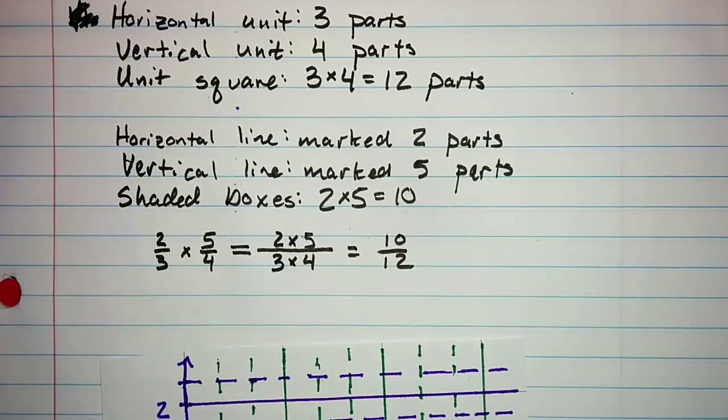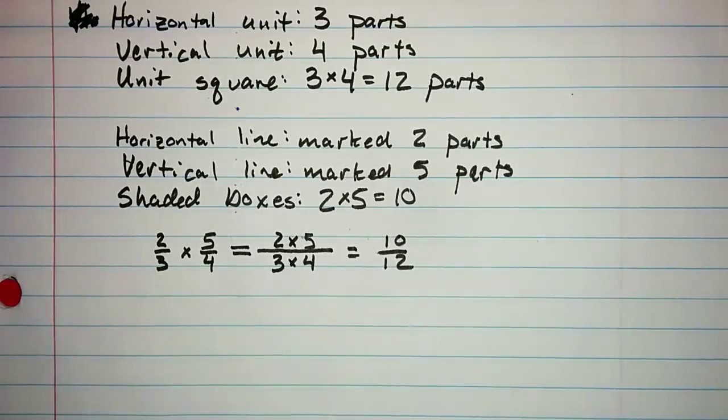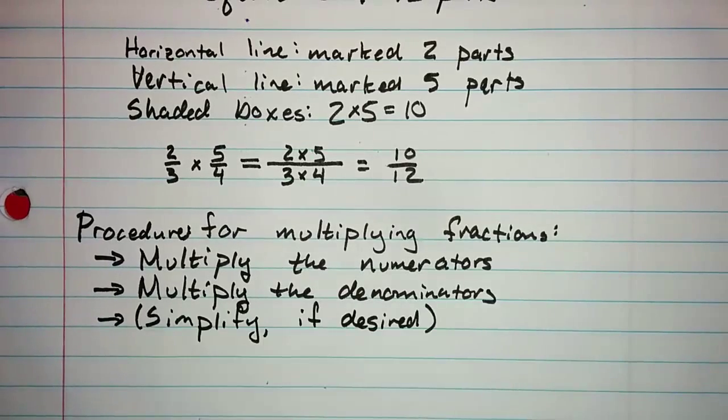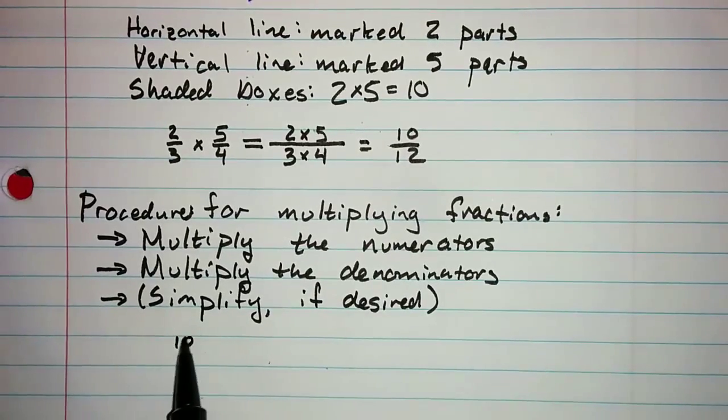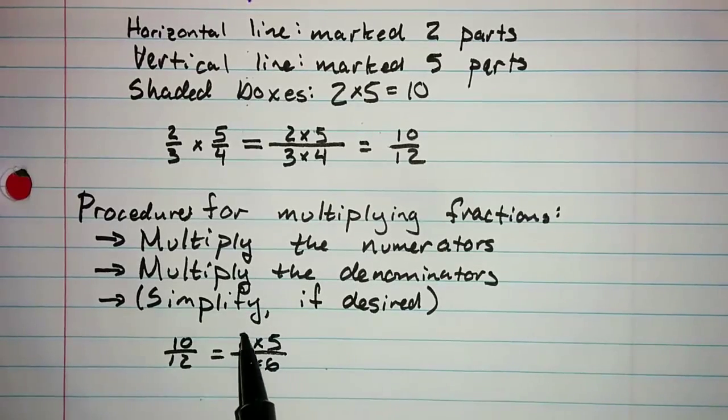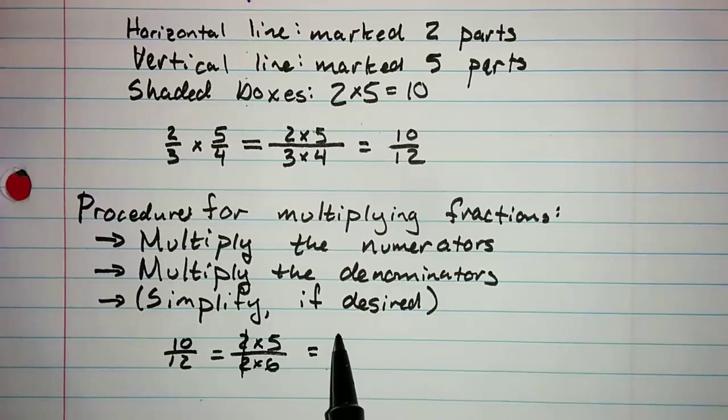Again, this is completely different in character from our procedure for adding or subtracting fractions. But that's totally to be expected, because multiplication is completely different in character from addition and subtraction. And of course, once we've done the multiplication, we can simplify if we'd like. For example, our 10 12ths we could simplify as 2 times 5 over 2 times 6. The common 2's cancel, and we're left with